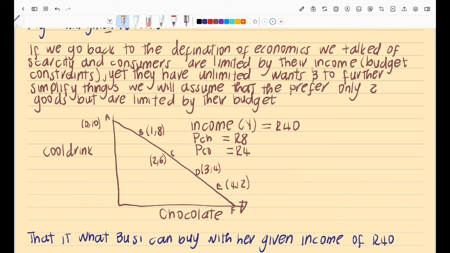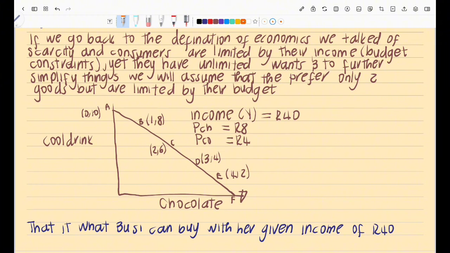You have unlimited needs and wants, but very limited resources, and your limited resources in this case is your income, right? So we are saying you want to make consumption choices, but you are limited by your income. So we're illustrating two things here: the preferences that you have, hence we talked about utility, but now we are including the constraints that you have to buying the goods that you prefer, right? And we are saying the budget constraint that you have in this case is income, right?